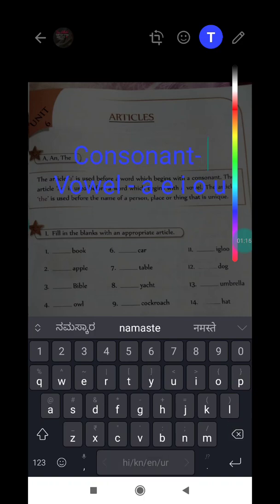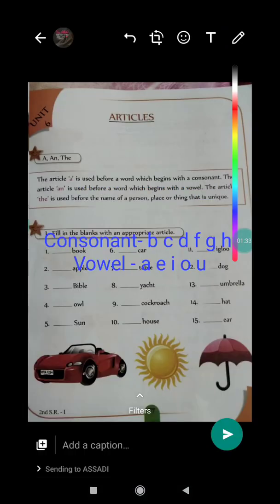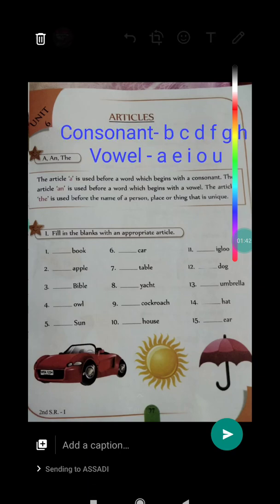So what are consonants? We will write few letters. So A is a vowel, right? Next, what is B? It is a consonant. B, C, D. Okay, E is a vowel. F is a consonant. F, G, H, I is vowel. Then same way, all the other letters except vowels are known as consonants. This is important. Remember this.